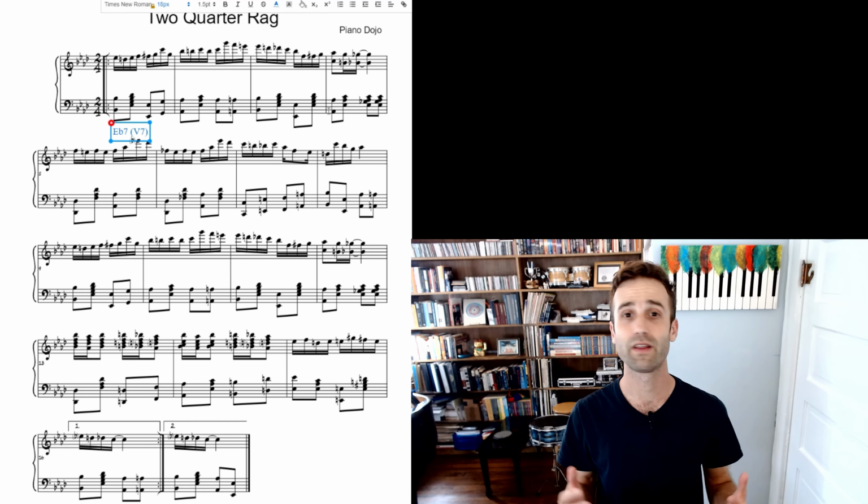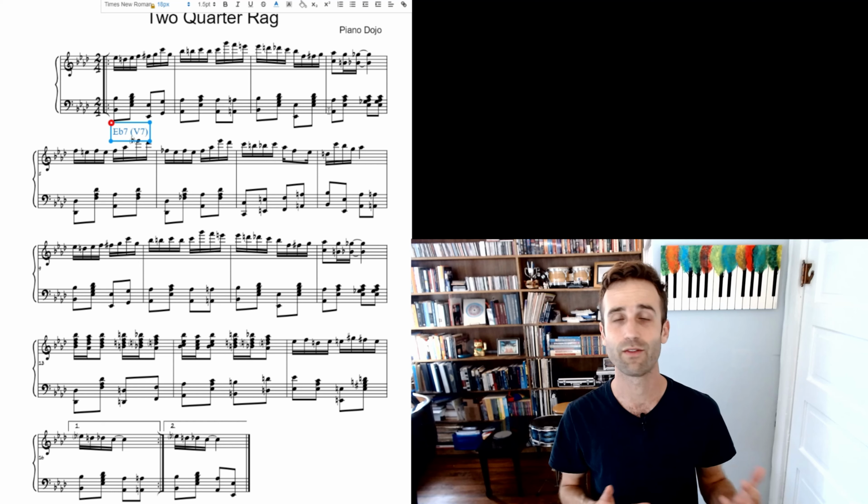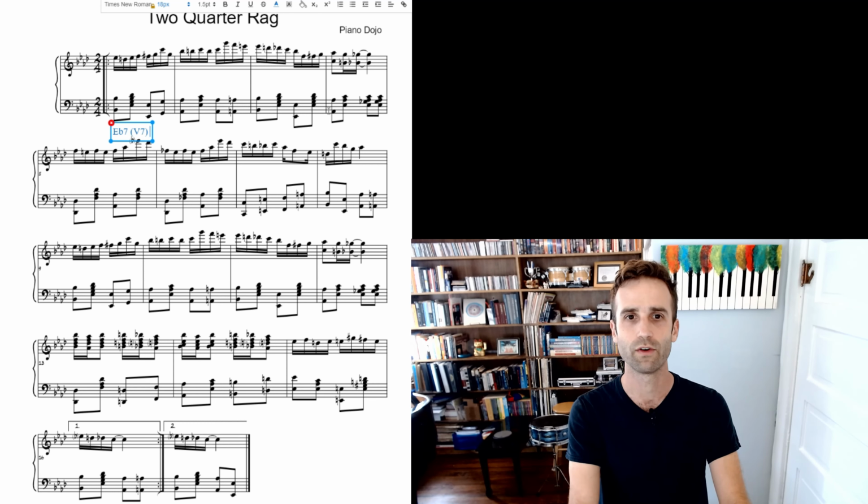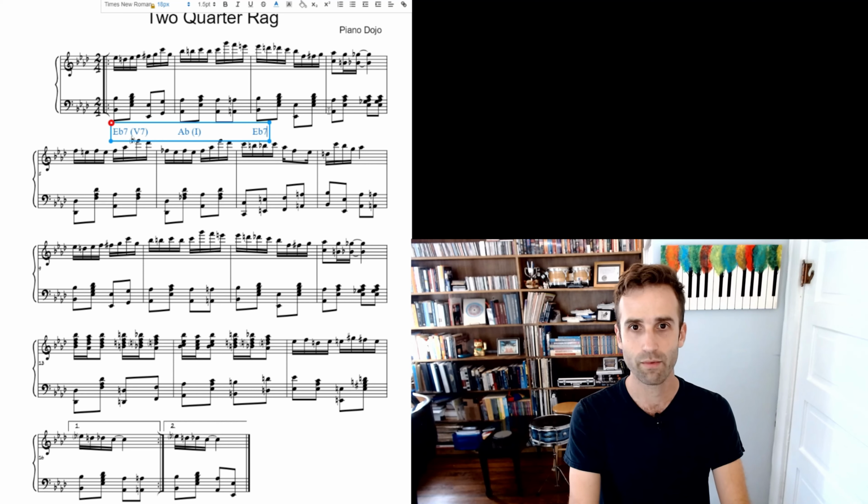So if you were to just play the 2/4 rag without the context of the 1/4 rag, you'd be like, that piece sounds kind of like it started in the middle of something, and that's because it did start in the middle of something. So we're actually going to reverse things here, and we're going to be going back and forth between the 5/7 and, you guessed it, the 1, because there's nothing wrong with this simple, elegant progression of the 5/7 and the 1, and we're going to do that a couple of times,